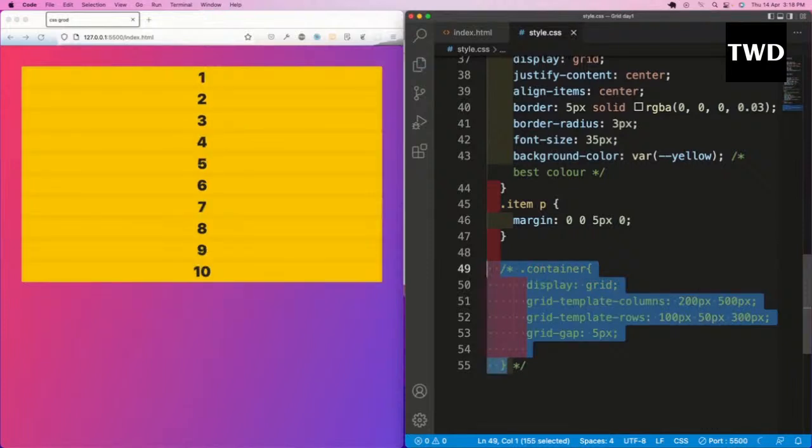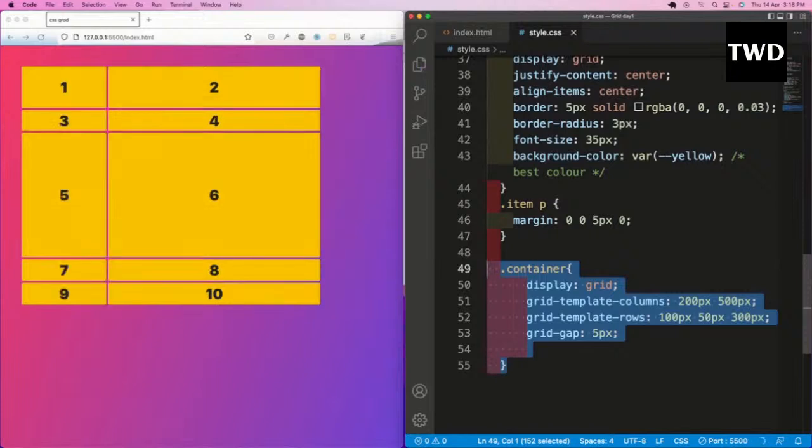Control C. By default, if we have not given any grid template row or grid template column, the system adjusts it accordingly. So let's remove it out, Control S and C. So now